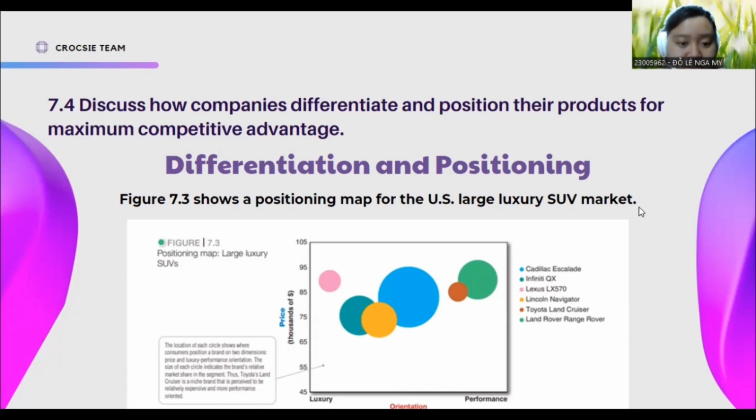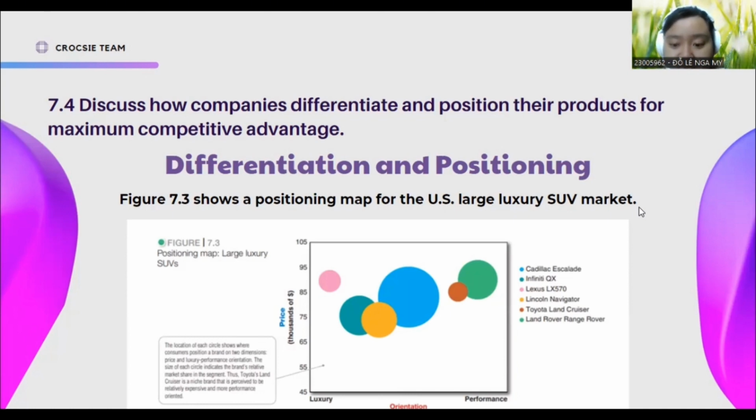So we've got a positioning map here. In planning their differentiation and positioning strategies, marketers often prepare perceptual positioning maps that show consumer perceptions of their brands versus those of competing products on important buying dimensions. Figure 7.3 shows a positioning map for the US large luxury SUV market. The position of each circle on the map indicates the brand's perceived positioning on the 2 dimensions, price and orientation,